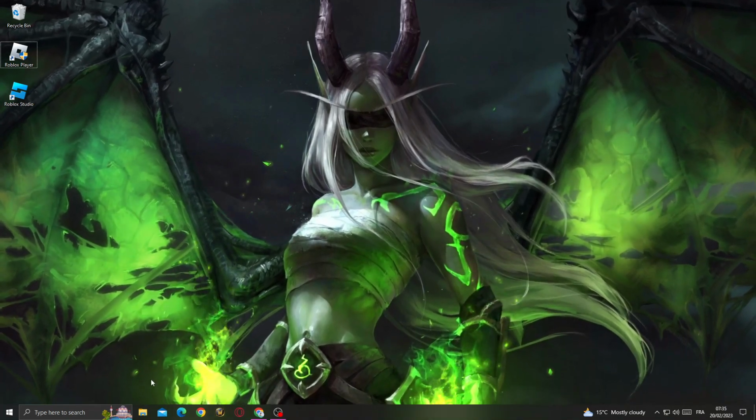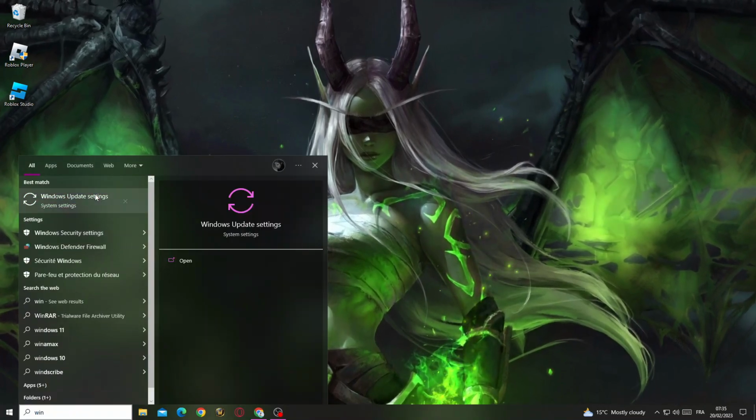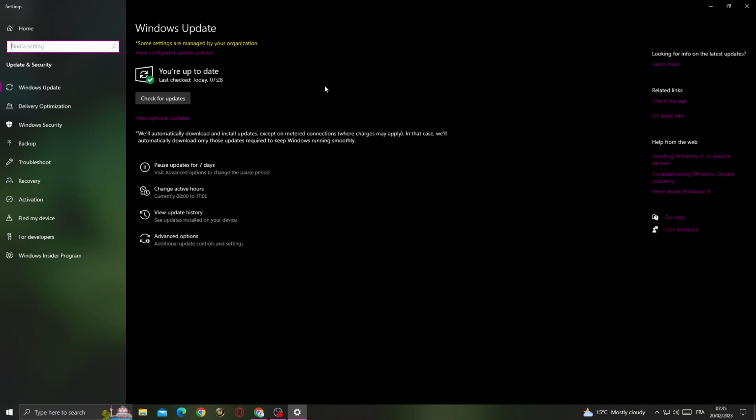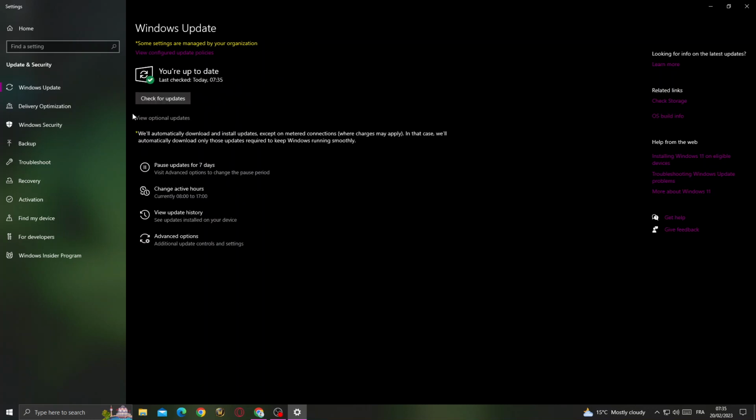First, all you need to do, just type here Windows update settings, and then click check for updates. And now after that, just make sure to install all the updates that you will find here,